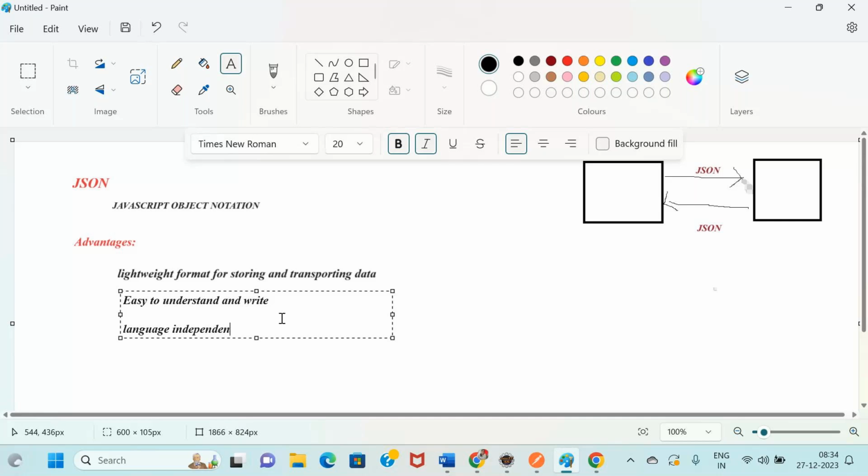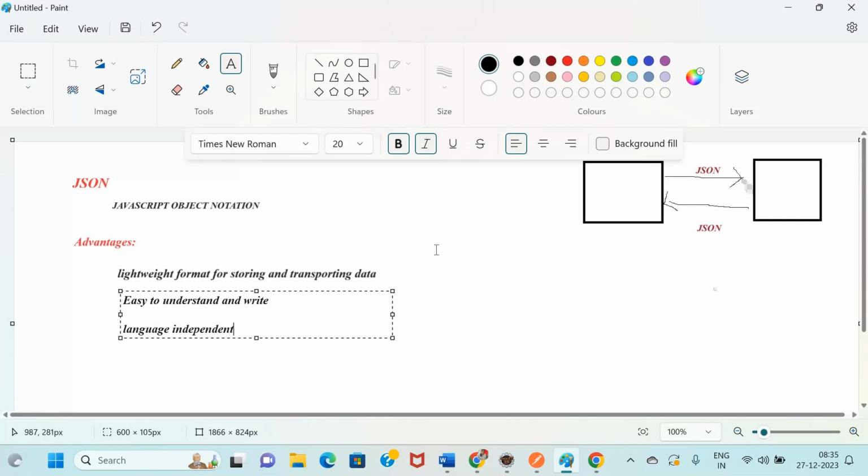It can be used across all languages. It is not only meant for Java, it is not only meant for C sharp, it is not only meant for Python. It is applicable for all languages. JSON is common for all languages. This is the main advantage. Hope it's understood.